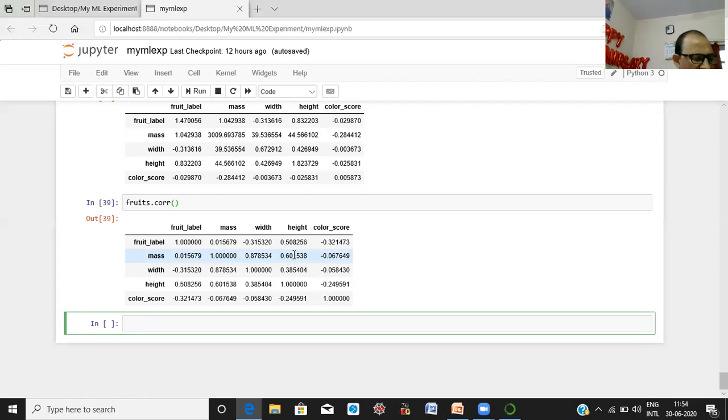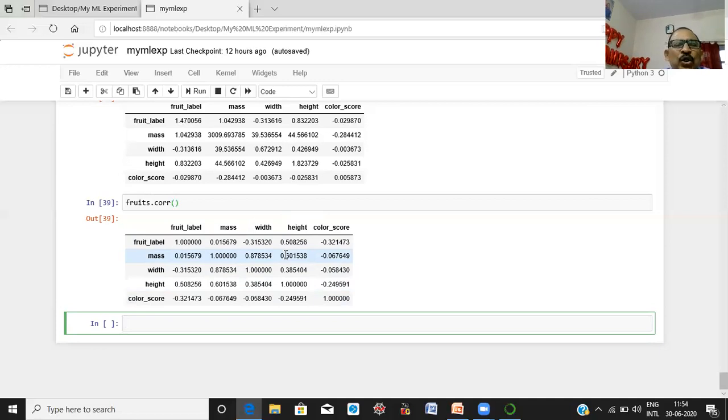A change in mass results in a positive 60% change in height. Is it clear? So here these values are the strength between the variables, the degree of association between variables.